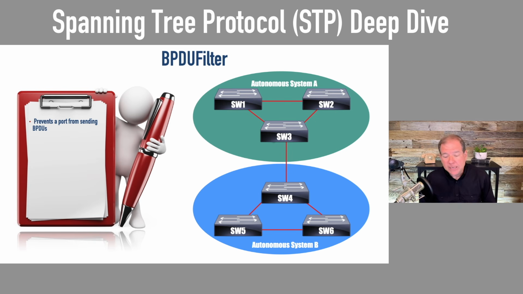spanning tree. So we can say, don't send a BPDU when you're connecting to this switch in this other autonomous system. And we can enable this on a port-by-port basis, or just as another safeguard, we could say if a port is enabled for PortFast, we're not going to send one of these out because a PC wouldn't need